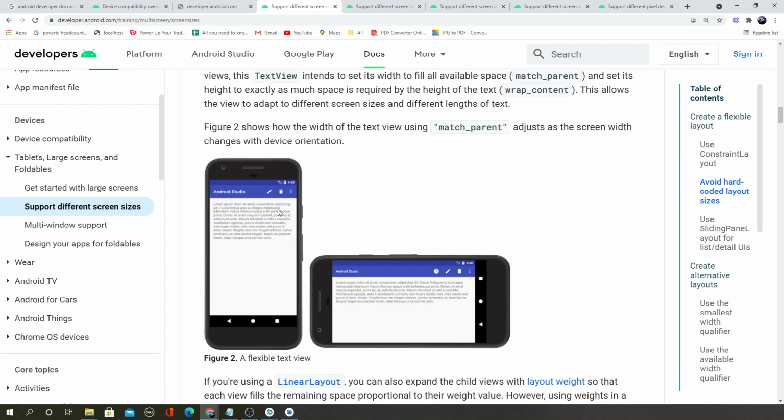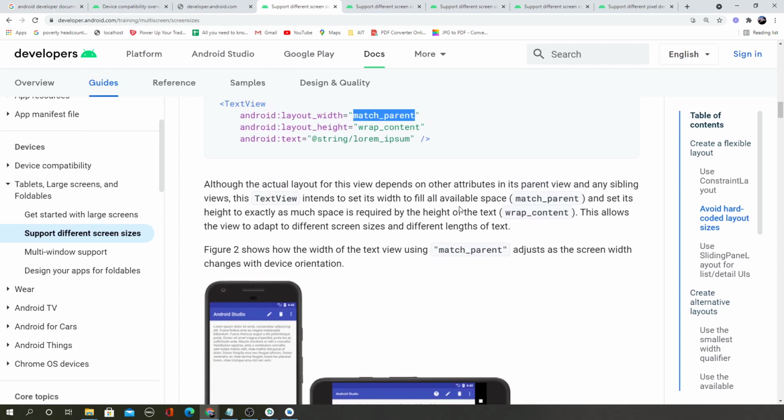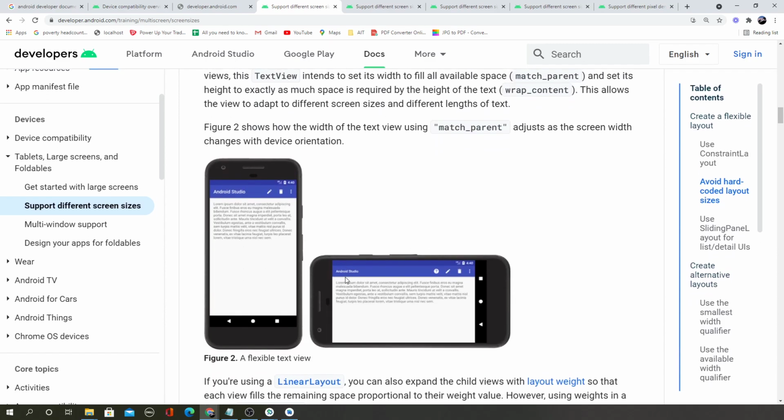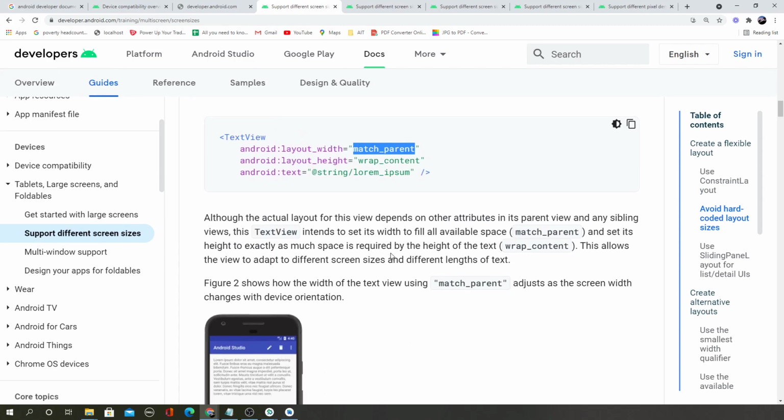So when you say match parent, the width will match the parent, and if the user rotates the label, because the width is still match parent, then the user interface will automatically adapt, and the width will automatically expand to match the parent. So that is an important property. When the phone is rotated into the landscape orientation, the width will automatically match the parent, as you can see here. Then the height says wrap content, which means the height is only up to the content.